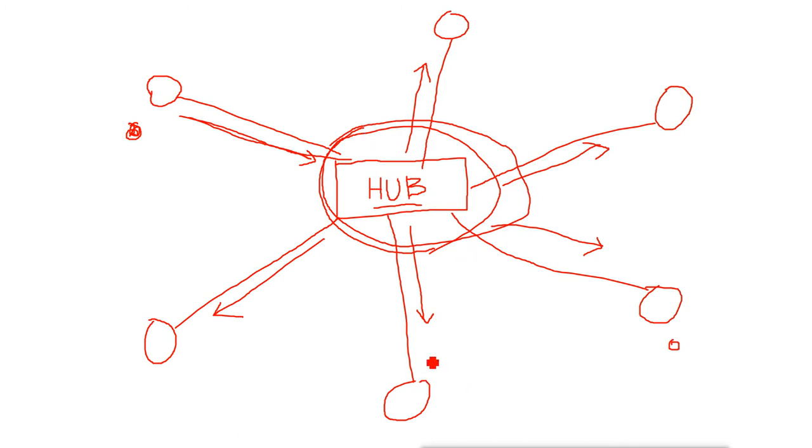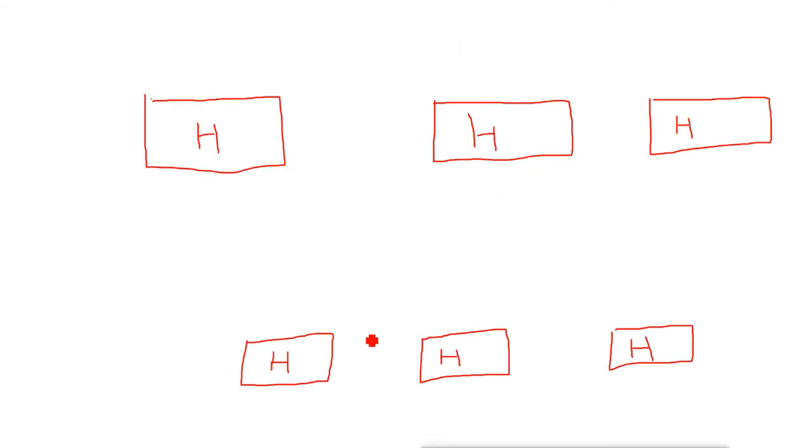Now if we have multiple hubs, remember, a single hub is a single broadcast and collision domain. If I connect these two hubs through a cable, what happens? If a collision happens on this hub, the jam signal will also be sent to the other hub using this cable, and all the devices in that hub also have to wait. That means all the devices of the other hub will also be affected. If it is connected to another one as well, that hub will also be affected.